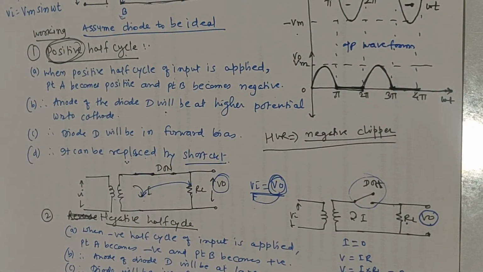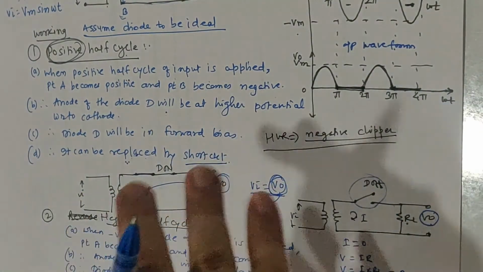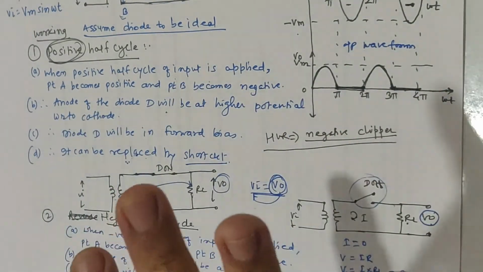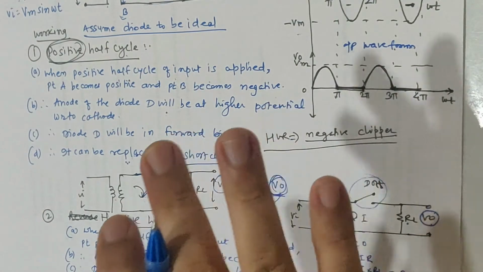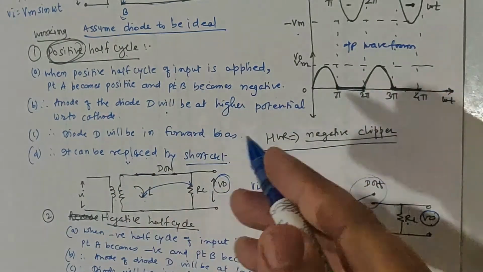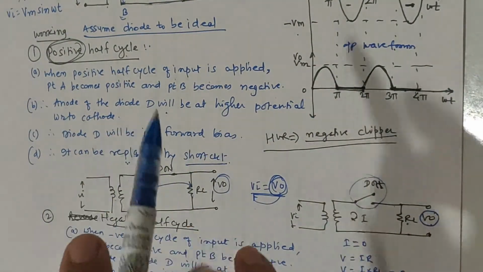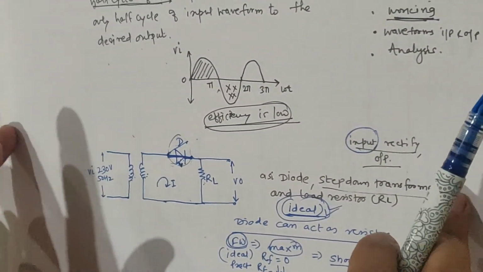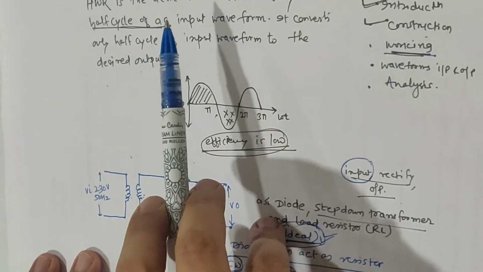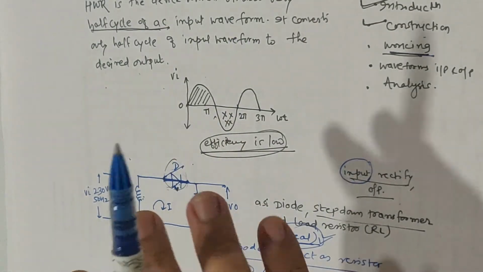Okay. Now let us move ahead and see the last part, which is analysis, very important to understand how this actually works mathematically. Theoretically we have seen, but how it works mathematically, that is what we need to see in the part called analysis. So let us move ahead and see the analysis of the half wave rectifier. Till now we have seen the first part. I will just summarize the things for you. We have seen the introduction part, in which we have written that it utilizes only the half cycle, and the next half cycle is not being used by the rectifier.